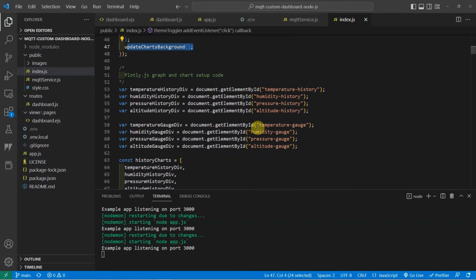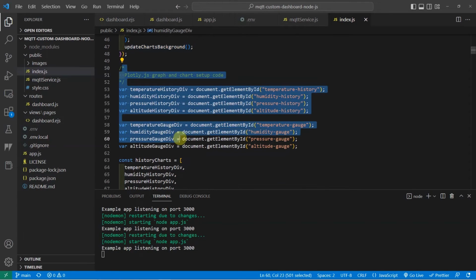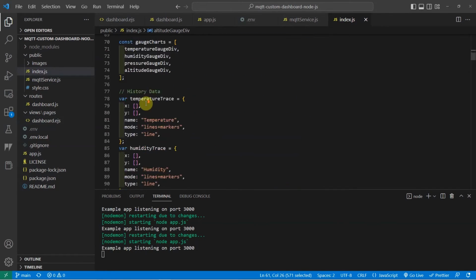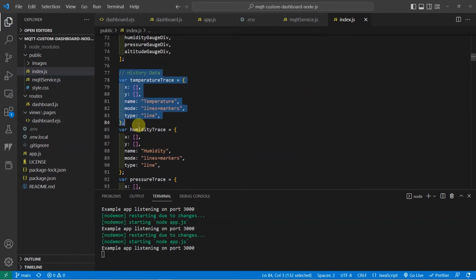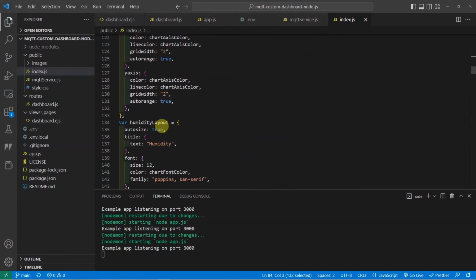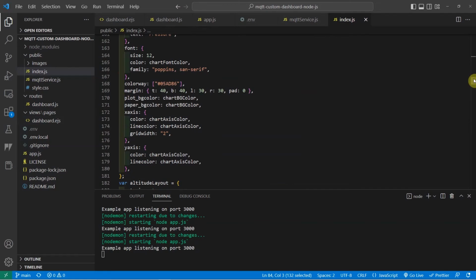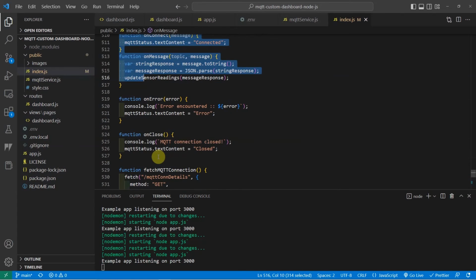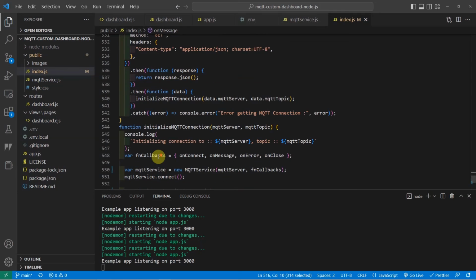It also configures the Plotly.js charts in here. As you can see, these are the codes needed to draw the charts using the Plotly.js API. And it is also the one that communicates with our MQTT broker using our MQTT service class.